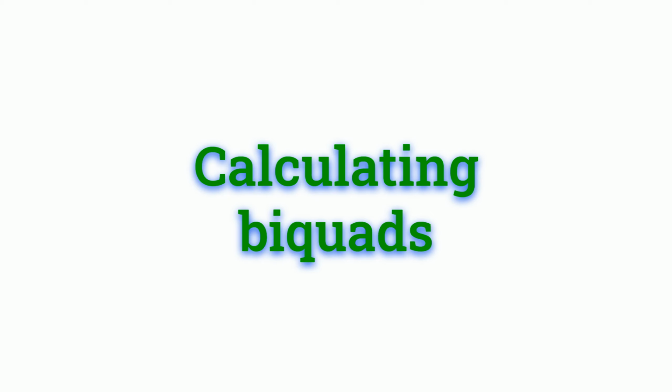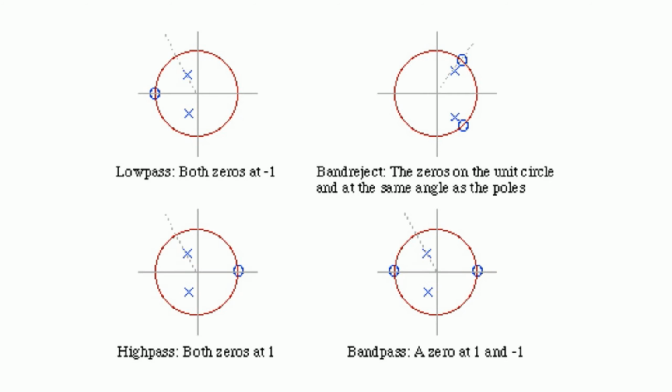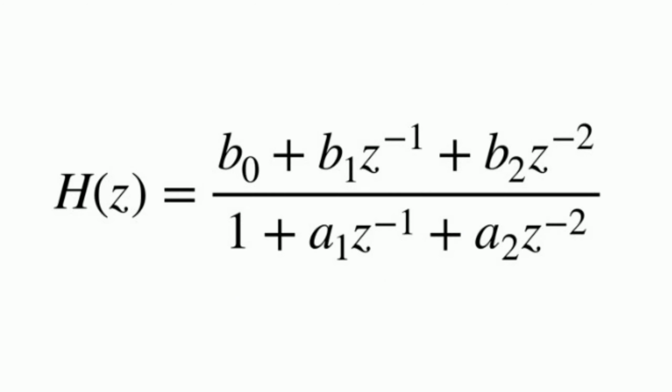Biquads are computationally efficient and can be implemented using simple arithmetic operations. The term biquad is short for biquadratic, and they are second-order infinite impulse response filters. They are called biquads because they have 2 poles and 2 zeros in the transfer function. A transfer function is a ratio of 2 quadratic polynomials, and biquads are simply the coefficients of these polynomials.